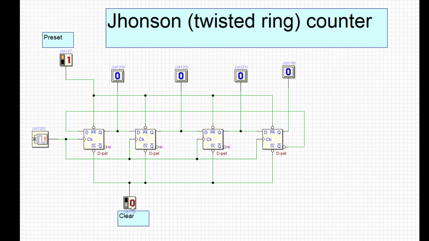So let's make it all zeros. The moment I make my clear equals on, it is going to start with first all zeros, then 1 0 0 0, then 1 1 0 0, then 1 1 1 0 and 4 ones, and it goes on as the sequence which we discussed just now. Let's see. Now you can observe carefully. 1 0 0 0, then 1 1 0 0, then 1 1 1 0, then 4 ones, then 0 1 1 1, then 0 0 1 1, then 0 0 0 1, and 4 zeros, again 1 0 0 0. So this is how it is going to count 8 different states or different events wherever we want to count.